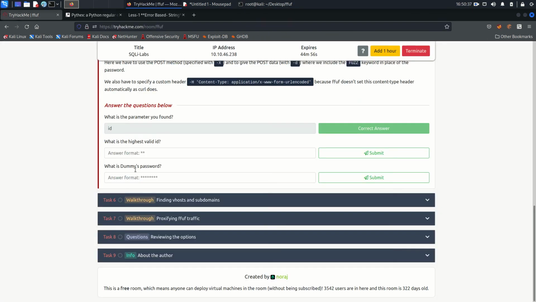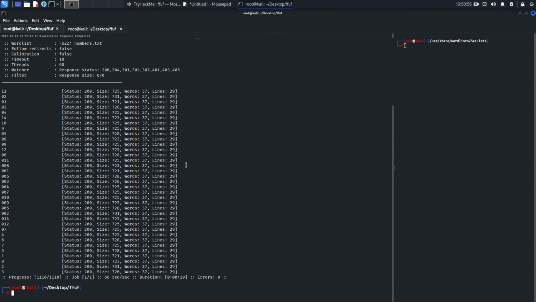Okay, what is the question? What is the highest valid ID? The highest valid ID is 14. I thought it was asking for the total valid IDs. What is the dummy password? So for the dummy password, we need to check actually